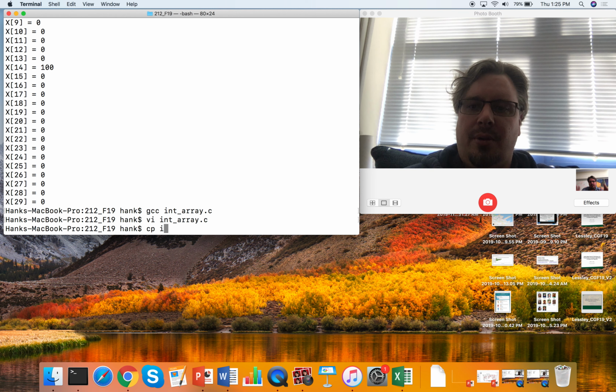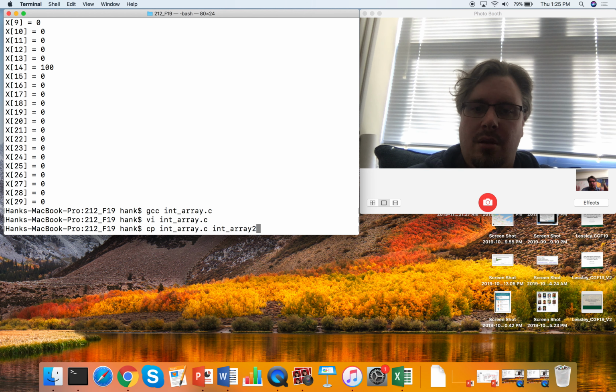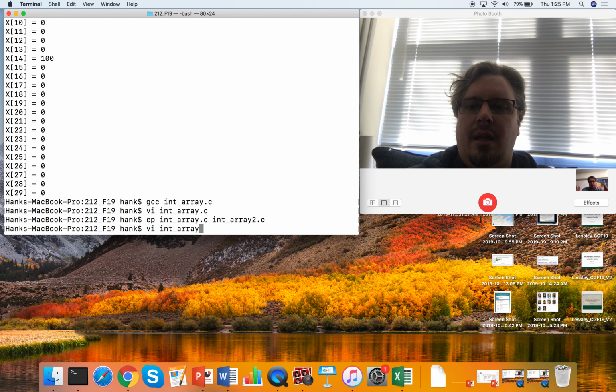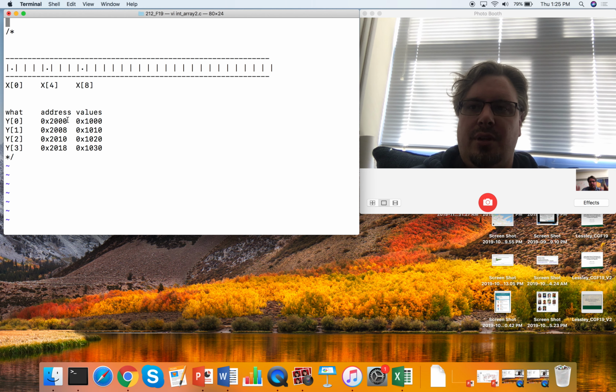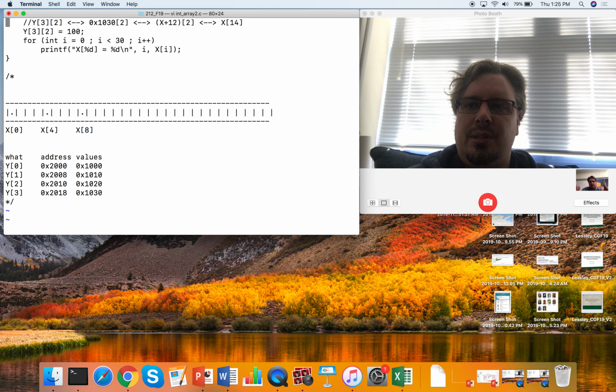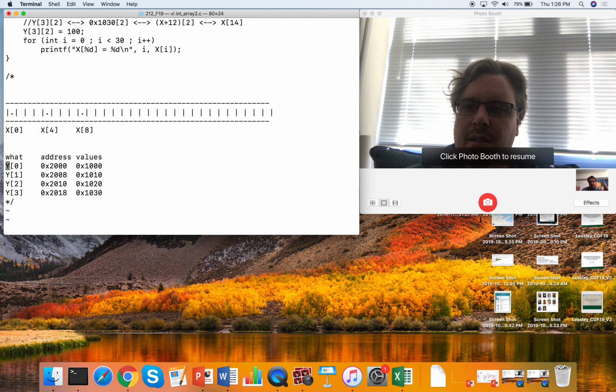So I'm going to flip it around, and let's do int array 2.c. And so this is what we have right now, where we allocated 30 integers and then we have offsets in those 30 integers. But I'm going to now do it differently, where I'm going to allocate starting